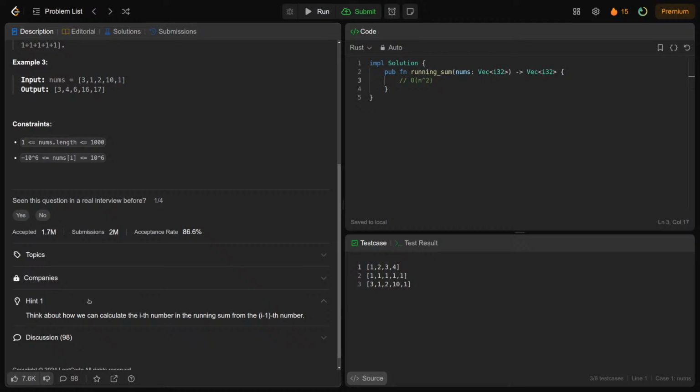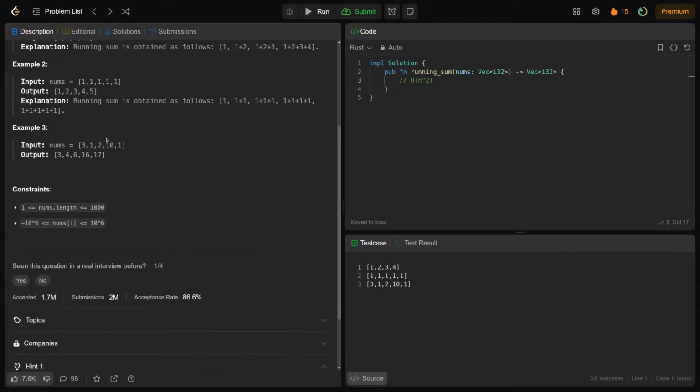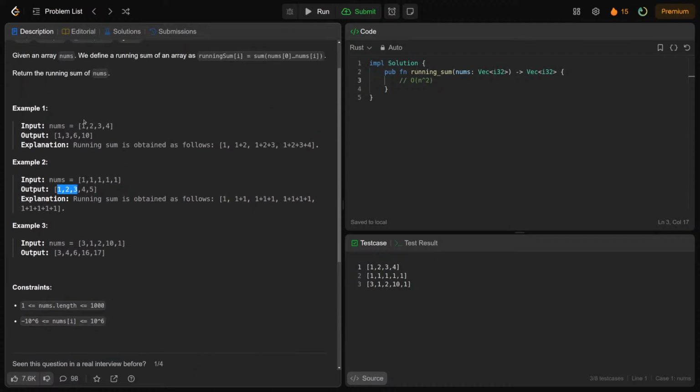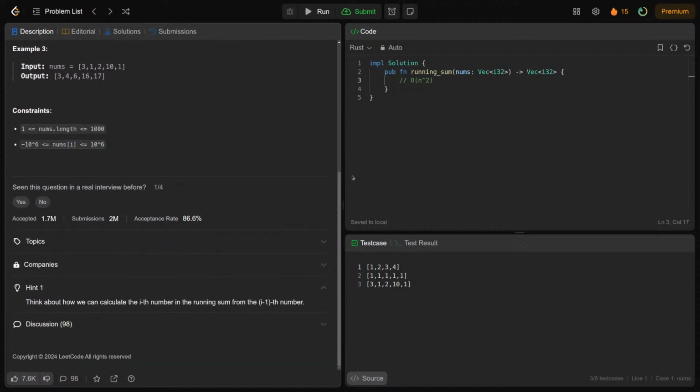But let's check the hints. Think about how we can calculate the nth number in the running sum from the n minus 1th number. Oh, but here it's a trick actually, because we have the sum from previous ones. So we don't actually need to recalculate it every time. Yeah, that's a good point. So sometimes it's useful to know the hint,